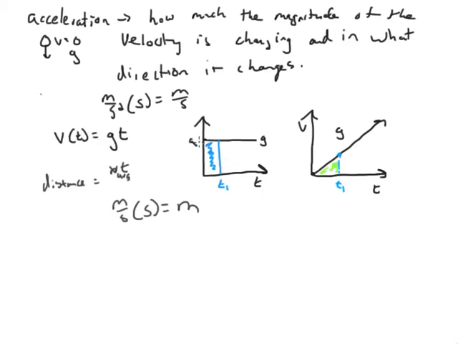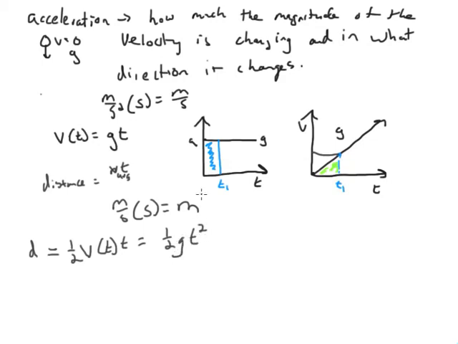So in here we kind of lucked out because our acceleration was constant. So if we multiplied our acceleration times time, we get this full area because it's a rectangle. But over here we have a triangle. So if we were to multiply t1 times this velocity here, we'd be getting the area of a rectangle and not a triangle. So what we need to do is multiply our velocity times time. This is for distance. So we get our velocity times time, and since it's a triangle, multiply it by 1/2. So this ends up being 1/2